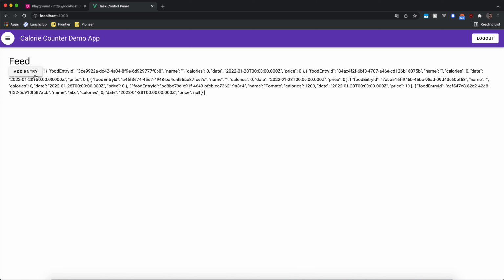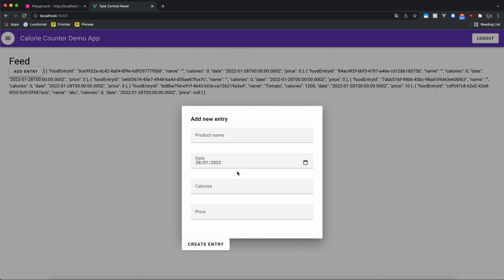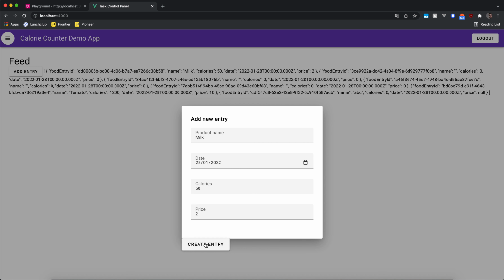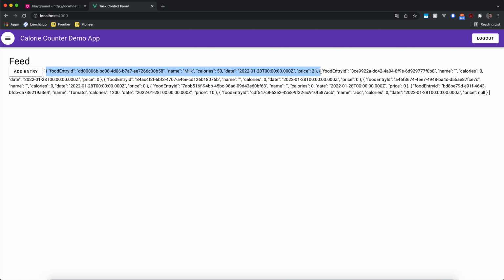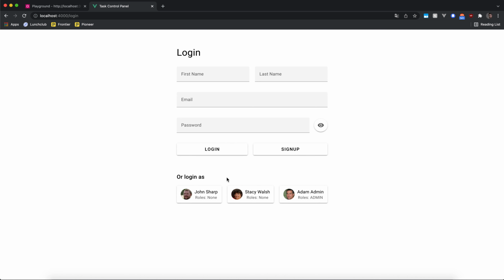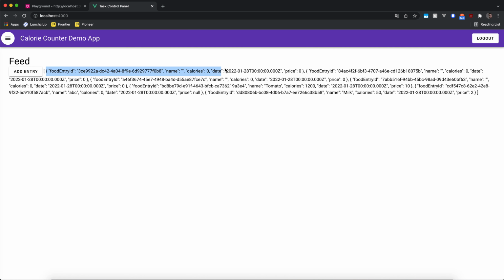It's just pure data. But if I click on add entry, I can log that I had drunk milk. Let's say it was 200 milliliters or so, and the cost was $2. I can create it, and you see that it has been added here as the new entry. And this is just to show that this data is what we are fetching from the backend. If I log out and log in back again,